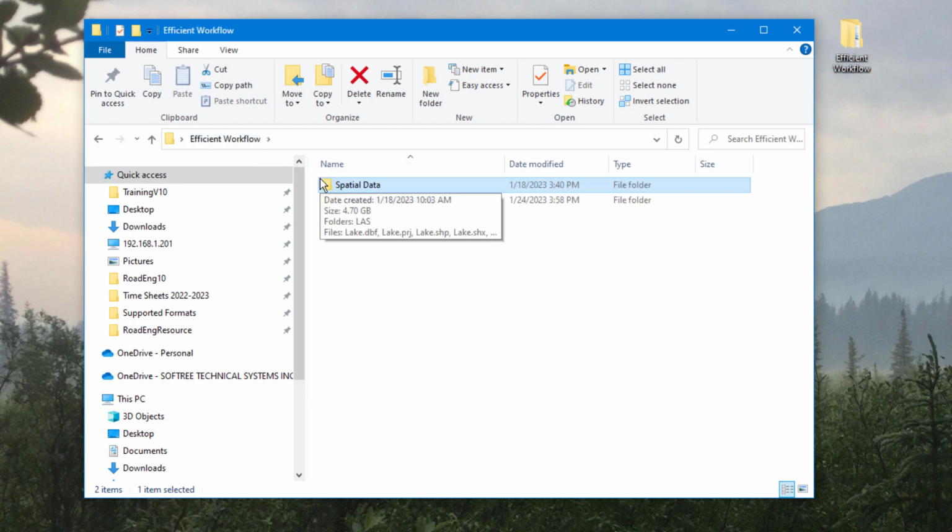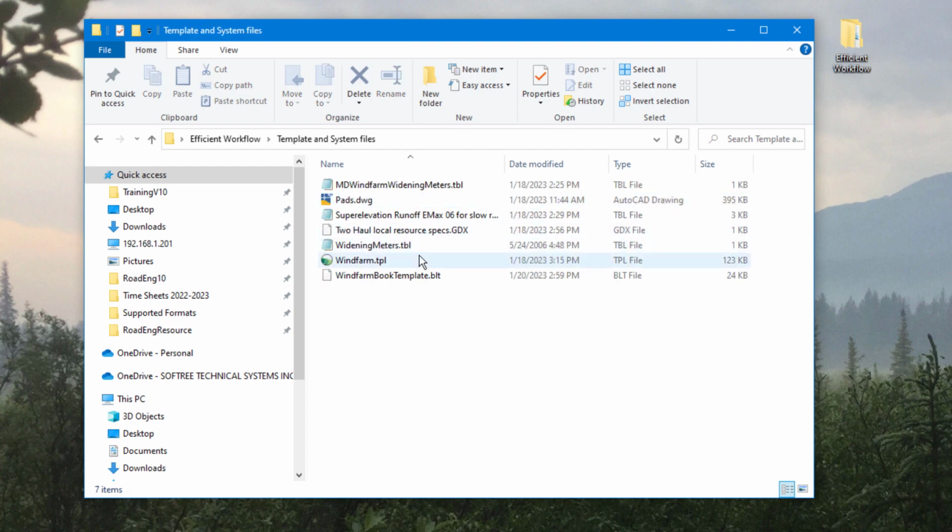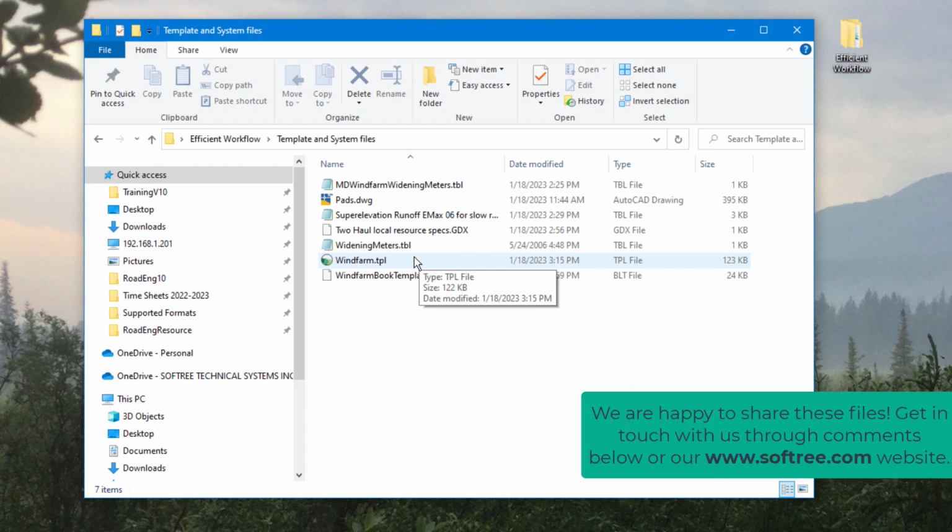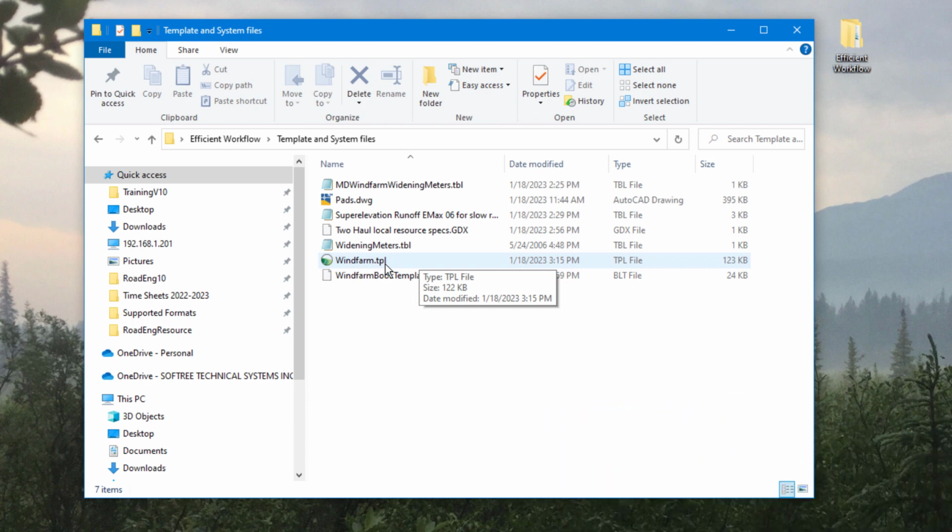The next category is our template and systems files. And this may require very little or no work. So one nice thing about the software is that you can set your system settings to reflect your design standards. So for this example, if I have a cross-section geometry that I'd like to use over and over again, I can save my TPL file, which carries that cross-section geometry with it. And if I save it as my normal.tpl in the default directory for it, that will appear when I open